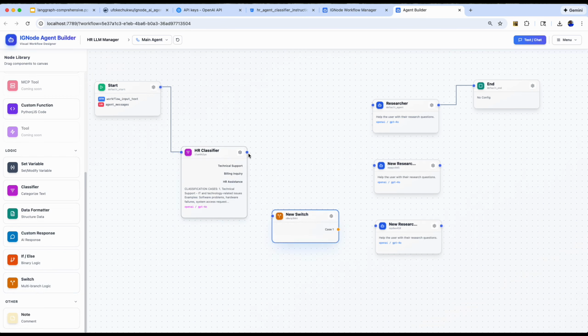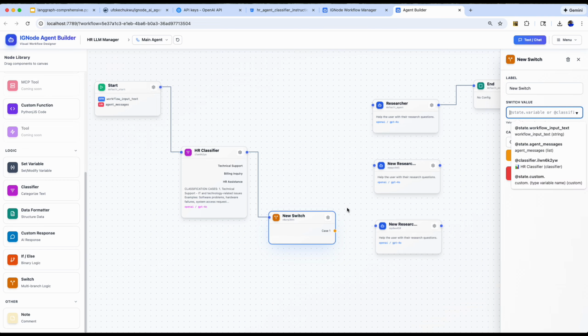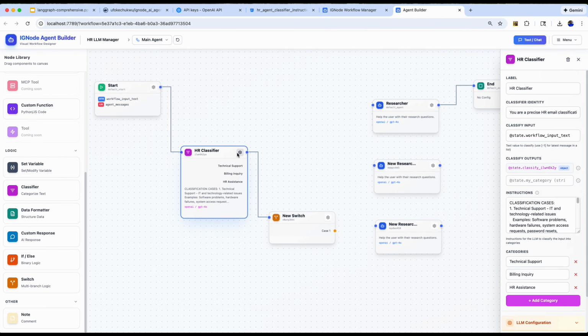And so we'll have the input going into the switch, and then the output from the switch will go to one of these agents. What we have to do now is the switch requires a value. What are we trying to switch? If we get a value, which output should we send it to? It's just coding, basic logic. So we'll have the classifier